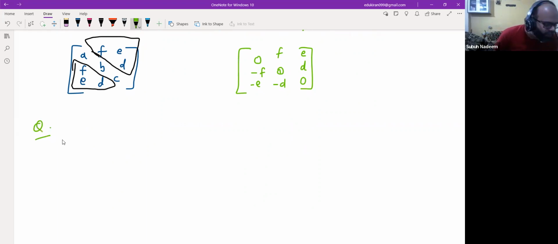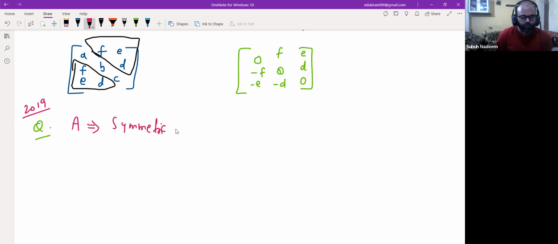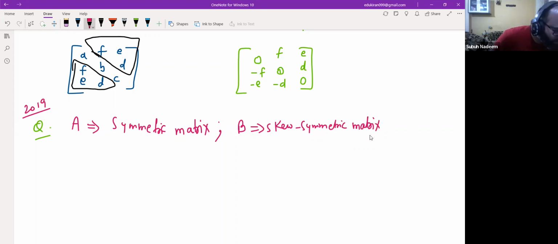So the question says, and this is a question which has been asked in April 2019: if A is a symmetric matrix and B is a skew symmetric matrix, such that A plus B is equal to